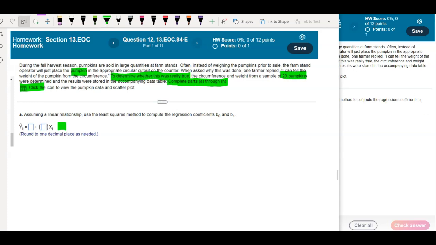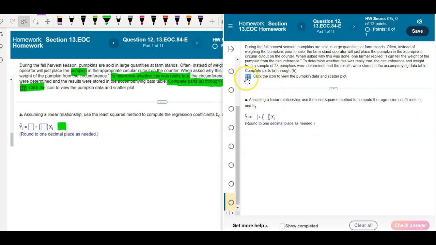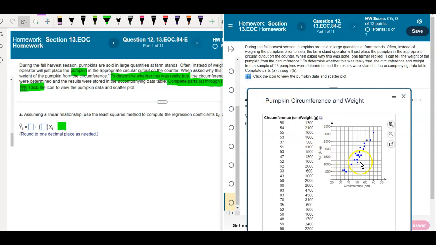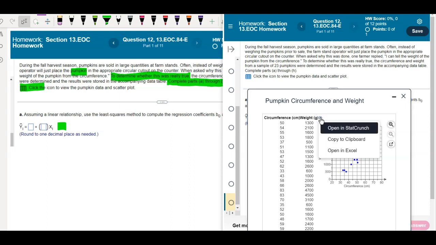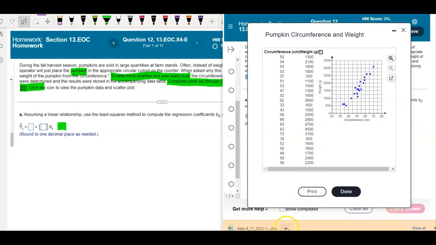So the first thing to do is to get the data, and once you click on the data, this is the scatter plot that we have here. Obviously there is a linear regression on the scatter plot. But again, let's download the data and determine the B0 and B1. First of all, you click on the double window there, open in Excel, download it,